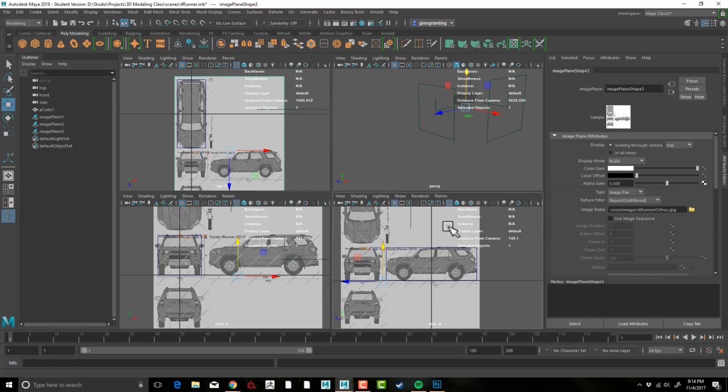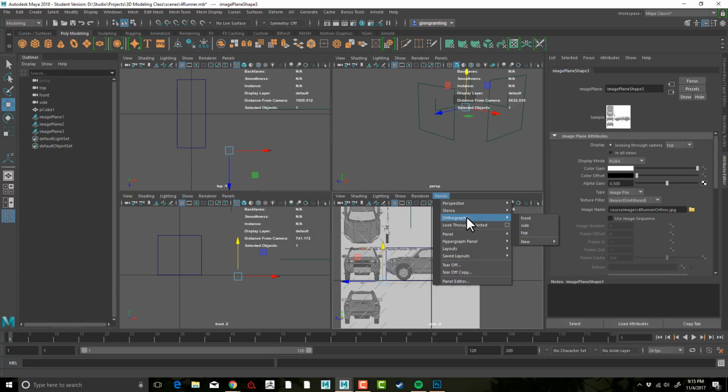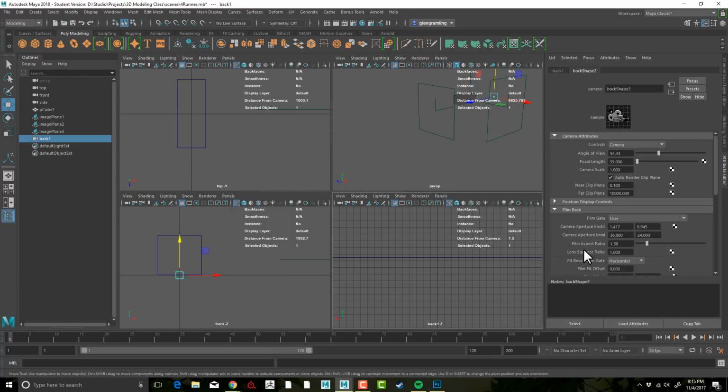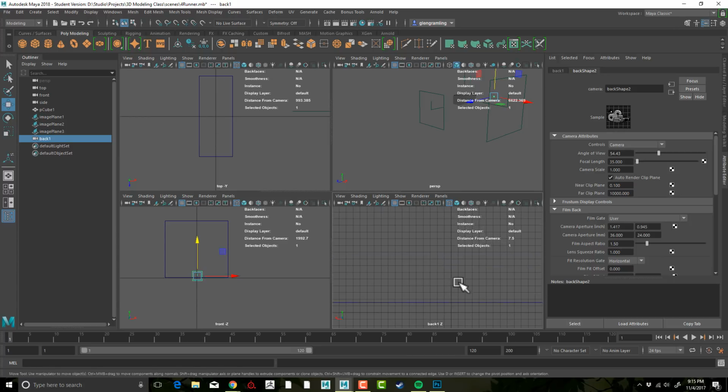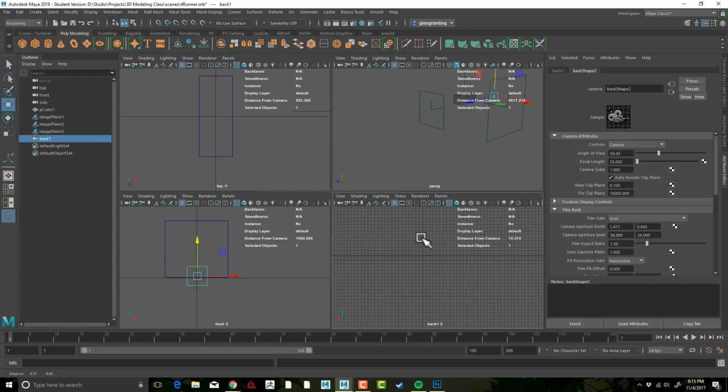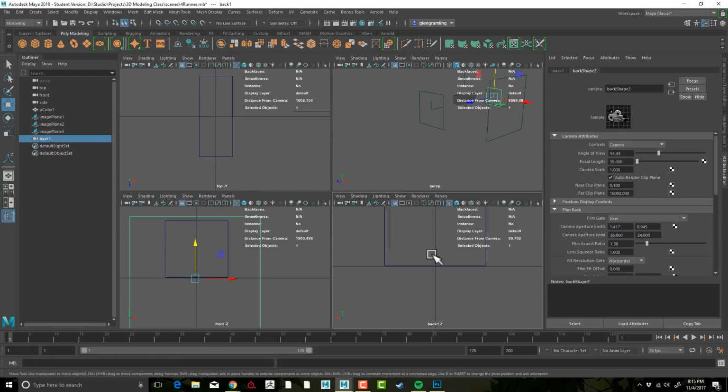So to create a new view, we go to panels and just any of our views here, and we can go to orthographic and new back. So see how that happened? For some reason that's like a graphic glitch. If we close Maya and open it back up, those should pop back into place. But here we have our rear view,